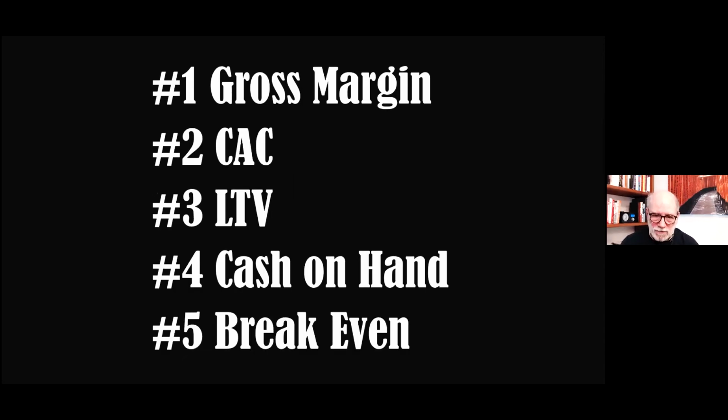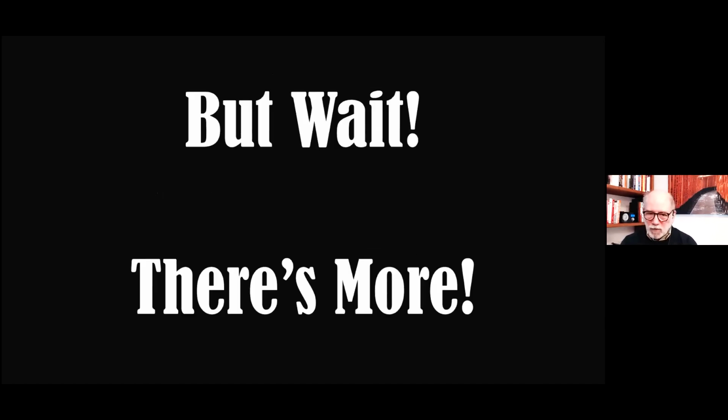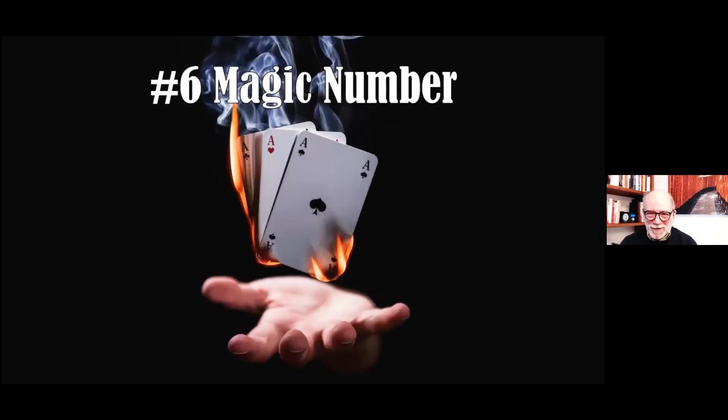So just to review, these are the 5 that we've looked at so far: gross margin, cost of customer acquisition, lifetime value of that customer, cash on hand, and your break-even number. But wait, there's more. Number 6 is what I call the magic number, and this has almost nothing to do with your financial reports. For most businesses, there is a single number that can tell you how you're doing. It's quick and dirty, it's not exact,